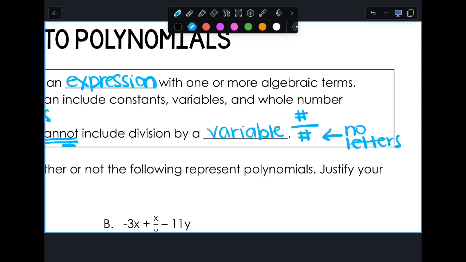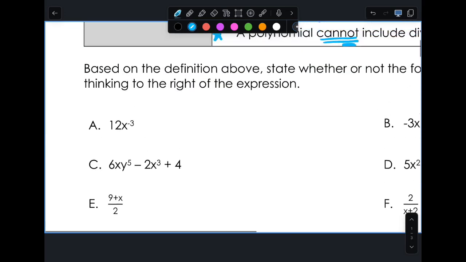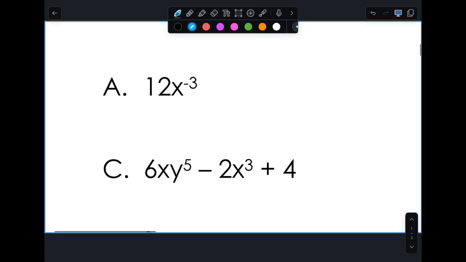Justify your thinking. So, look at A. Would this be considered a polynomial, yes or no? Think about what we just tested over, what we just quizzed over. No. Why not? Because it's an answer, not